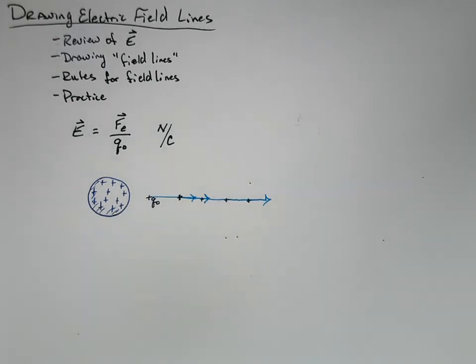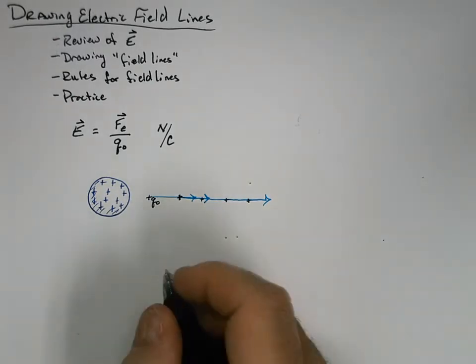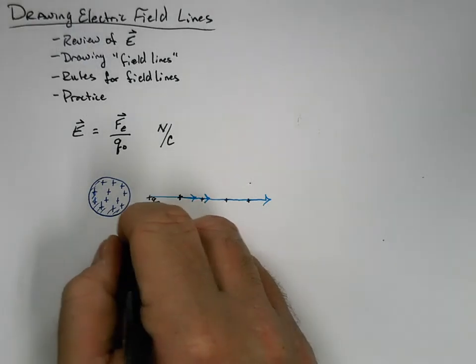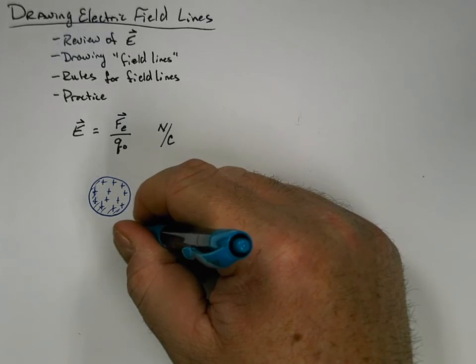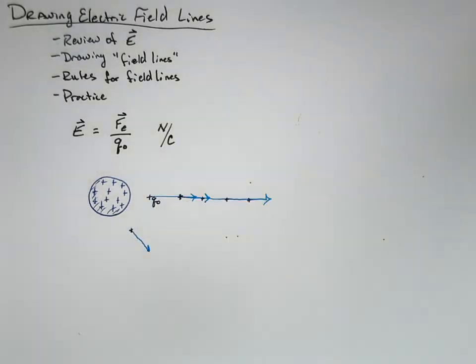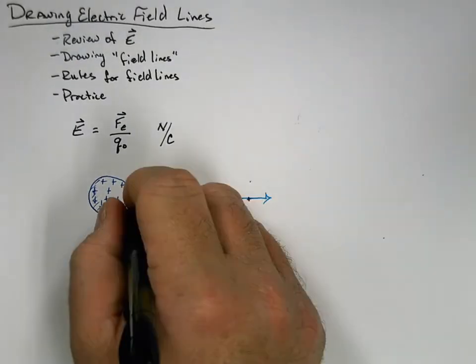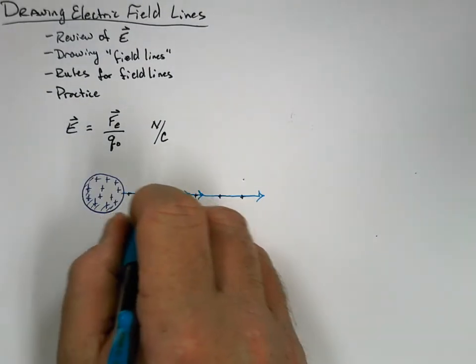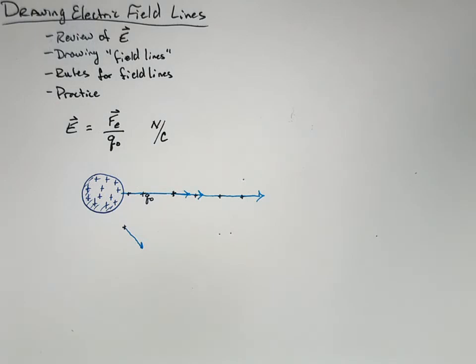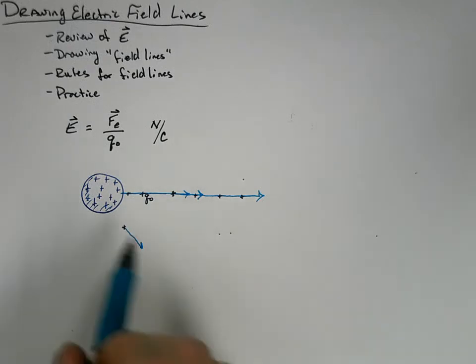Okay, and so if we put another one over here, then it would be experiencing a force in that direction. Or even if we moved one closer, even if we moved one like right here, it would be experiencing a much greater force, but it would still be in the same direction, right? So what an electric field is, it's a diagram of all of the force vectors that a test charge would experience